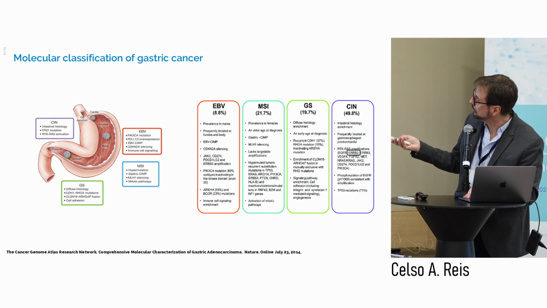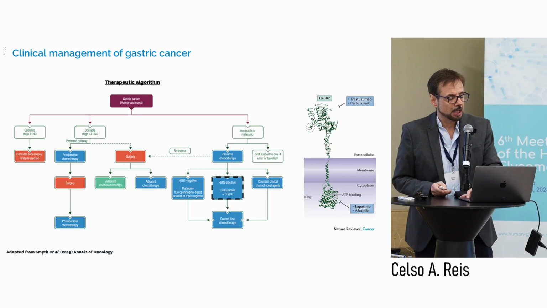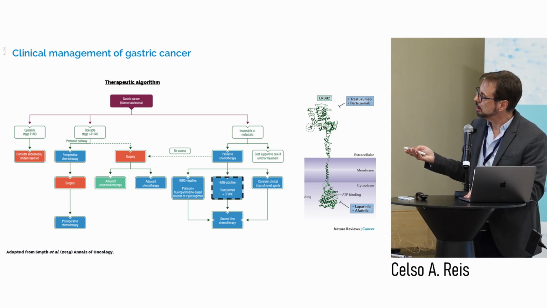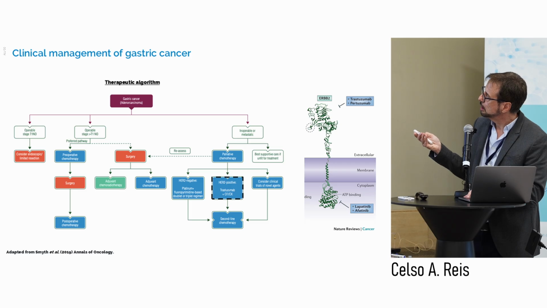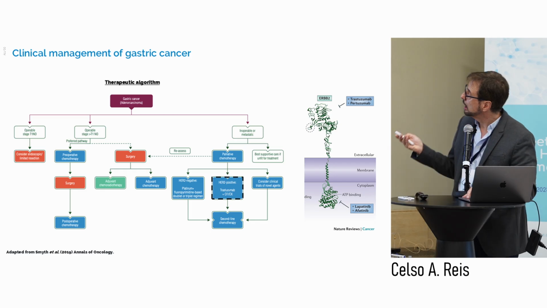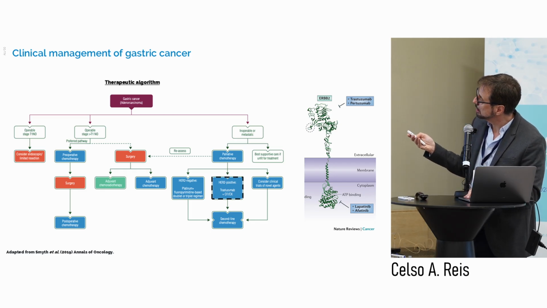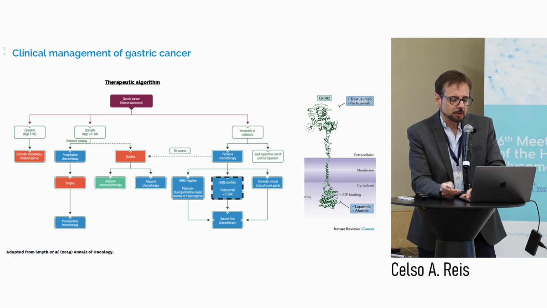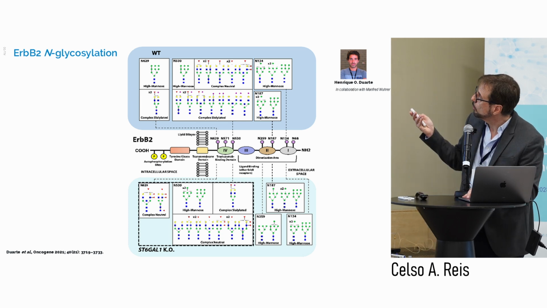One of these subtypes is enriched with receptor tyrosine kinases, and in the clinic the guidelines include the use of drugs, in this case monoclonal antibodies that target the receptor HER2 in a particular setting of advanced stomach cancer. There are a couple of antibodies, including trastuzumab. I included that because in a study that we did a few years ago, Enrique Duarte, in collaboration with Manfred,